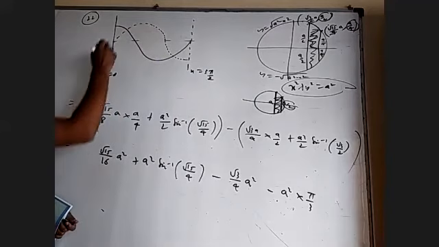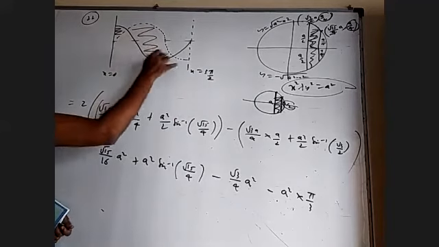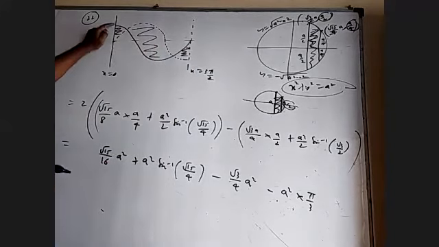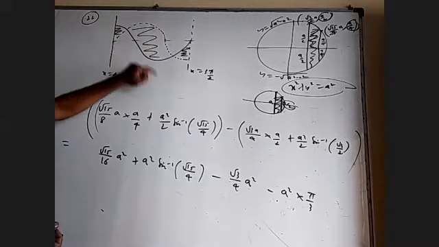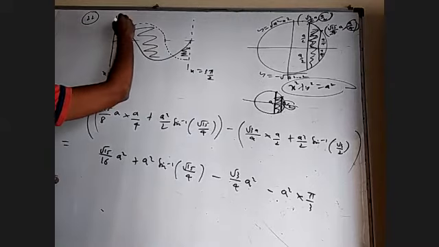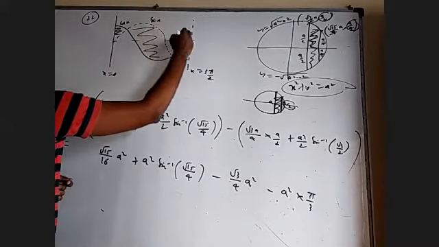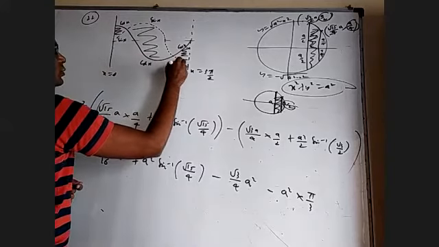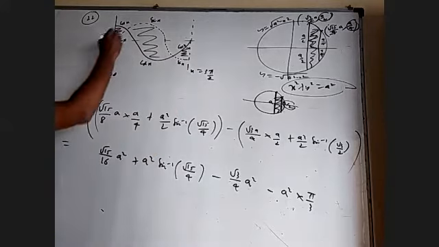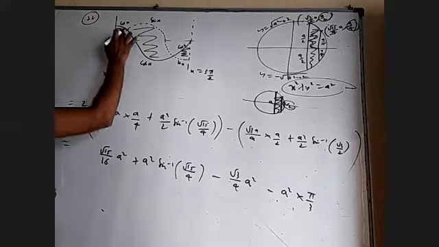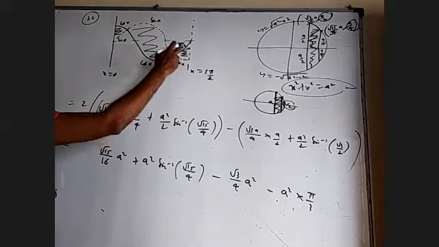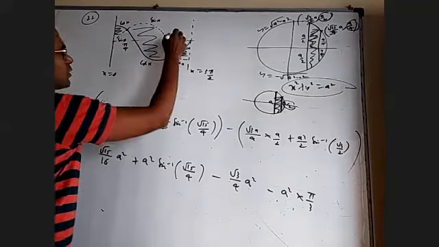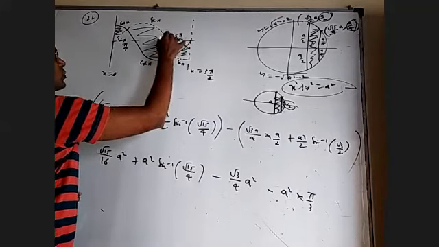They want the area between them, so they want this area also, this area also, this area also between cos x and sin x. Here cos x is above sin x. Here sin x is above cos x. Again here cos x is above sin x. So from here up to here you take the upper curve minus the lower curve. From here to here this upper minus this lower. From here to here this upper minus this lower. What is this point of intersection? Pi by 4. What is this point of intersection? 5 pi by 4, because this is pi.